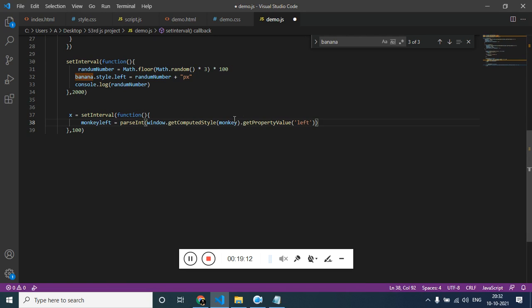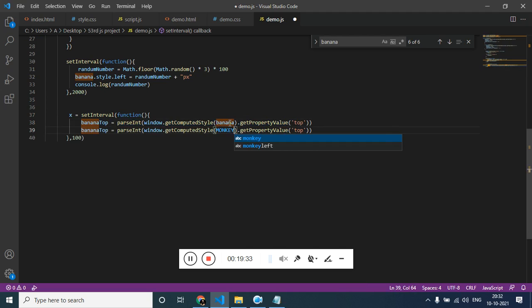In this case it's banana and we want the position from top. So let's name this as banana top, and let's get the monkey top as well.